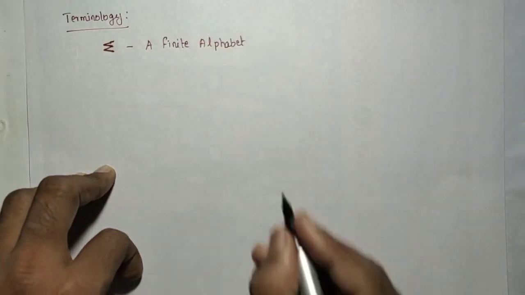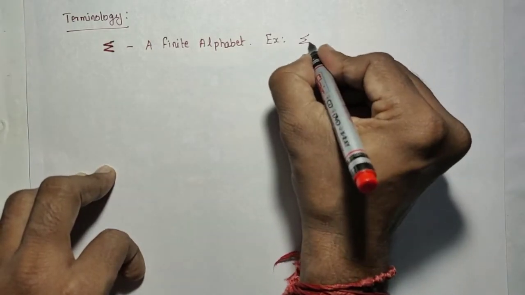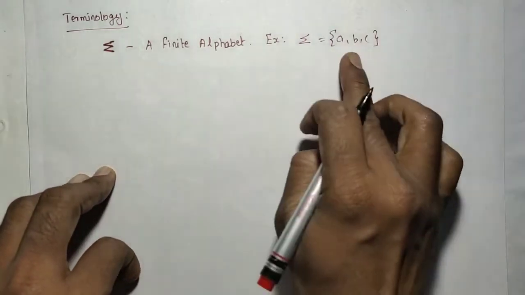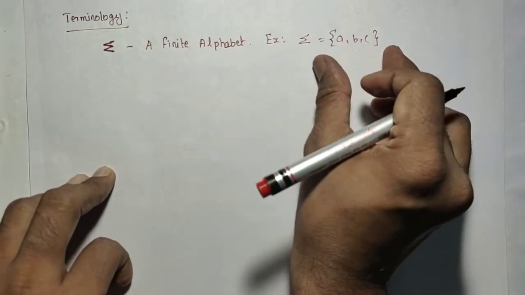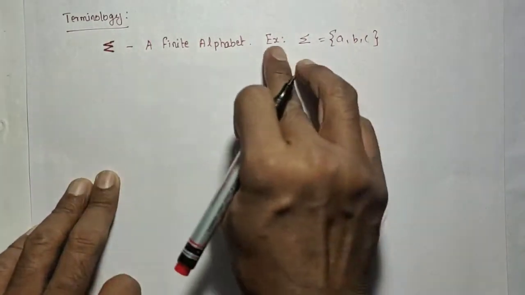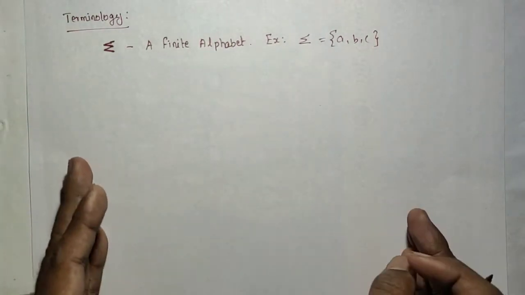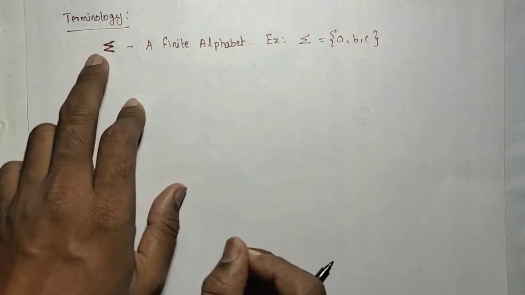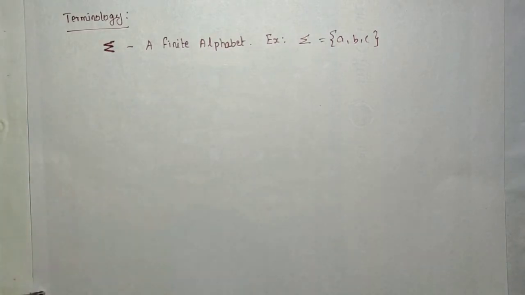Okay, so for example, if sigma equals a, b, what is c? So the list of unique symbols or unique characters is represented as a set. That is called sigma. That is the unique characters. If you have a string and you obtain the unique characters from the string, that will be considered a finite alphabet. So what are all the unique symbols used in your input string? That is sigma.